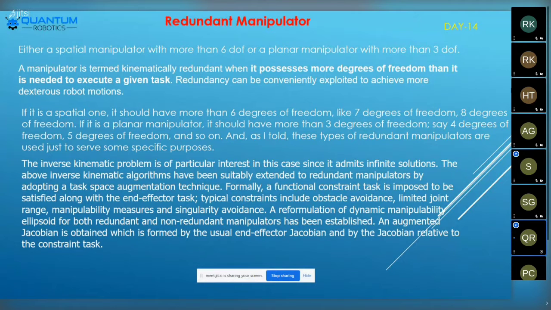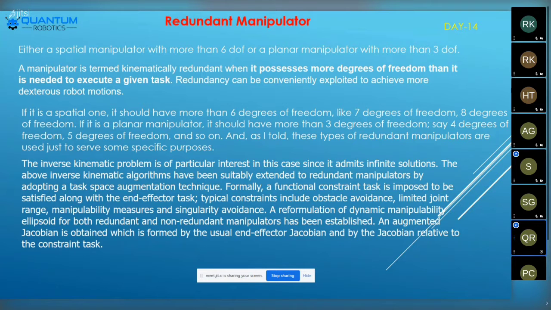High-end processing in a job condition means the redundant manipulator is going to be used for high-end assembly processes like welding, pick and place, and high-end lifting of particular objects and delivering them to particular point-to-point origins. This type of robot can be used for high-end tasks. The redundant manipulator can be used because we are using high degrees of freedom for that particular robot. That's why it is going to be used there.